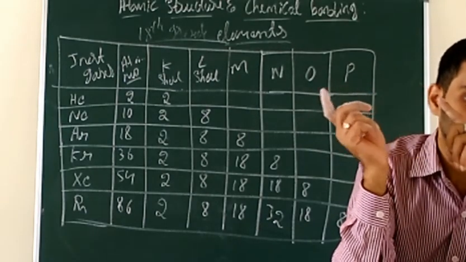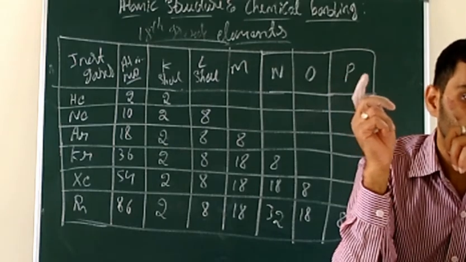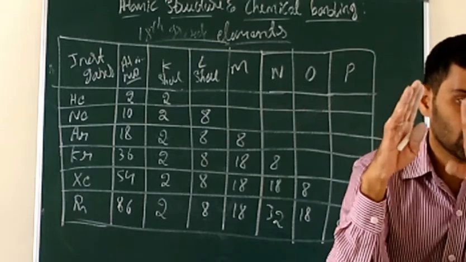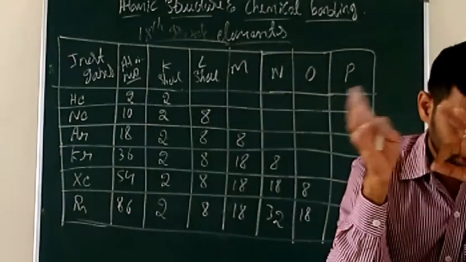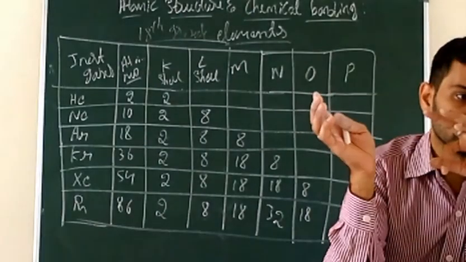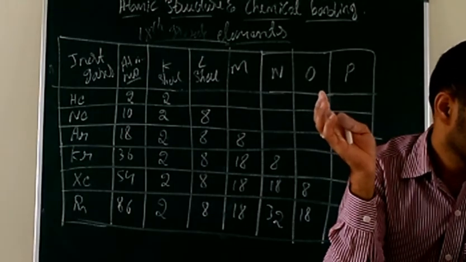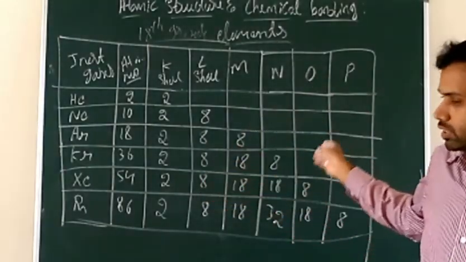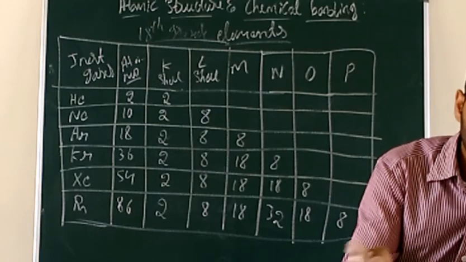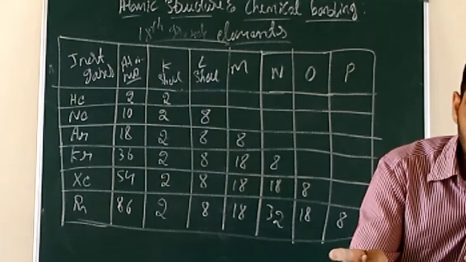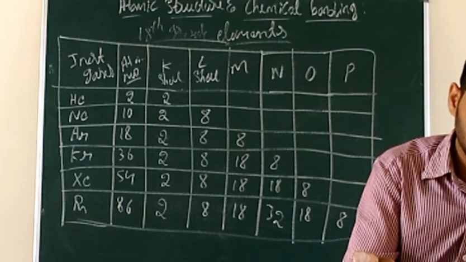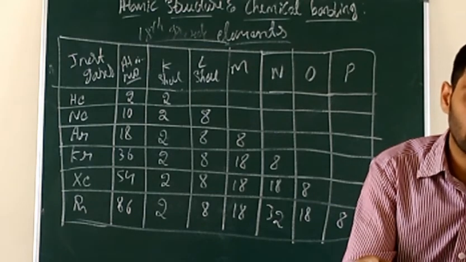methane, CH4. That I will explain in the higher classes. So this is how a chemical bond is formed, by transfer of electrons or by sharing of electrons. The elements which don't have 8 electrons in the outermost shell are going to attain a stable state by transfer of electrons or by sharing of electrons. Keep it in mind. Like this a chemical bond is formed.